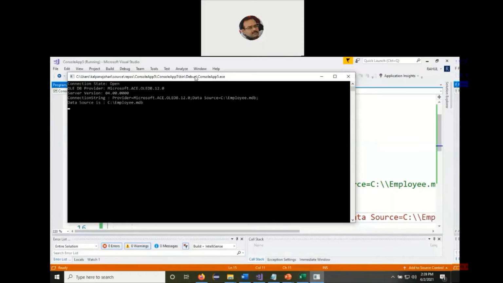And now I can see that the driver which has come in the activation stage is ace.oledb.12.0. So we need to specify the name of the driver properly. If you look at the way it has been written, the name of the company is there with M in capital, and thereafter the name of the driver is in the uppercase, ACE again in the uppercase, .oledb again in the uppercase, and then the version number.